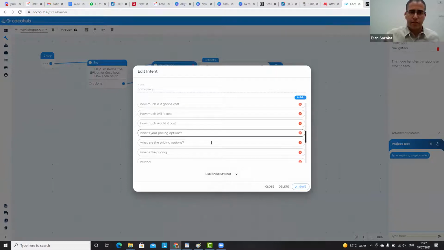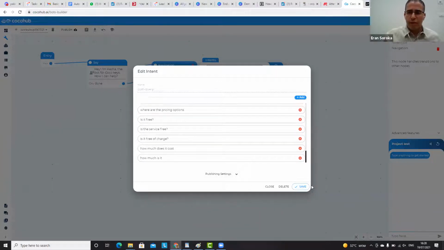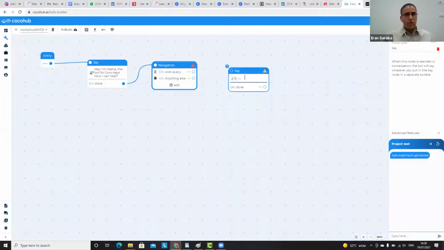What's the pricing, etc.? It's supposed to catch most of the ways that a user can ask what's the pricing or anything around this. So the only thing needed for us is just to write the answer. So you don't need to expect all the different phrases in which a user can say it, just need to write the answer. So here, a single key